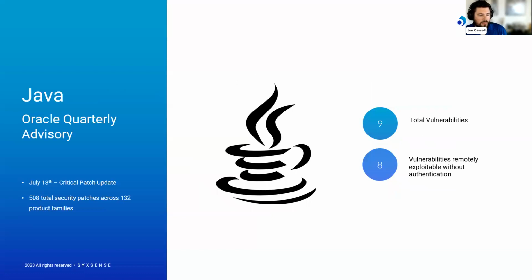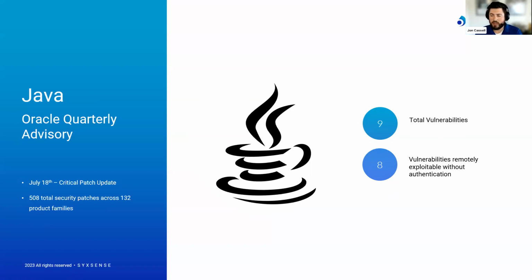Lastly, and we don't talk about this month after month, we are going to see it only a few times throughout the year, Oracle's quarterly July critical patch update advisory dropped on the 18th, and it included 9 fixes specifically for Java, out of a total of 508 security patches for all of Oracle's patched products. The highest CVSS base score of vulnerabilities affecting Java is 5.9, so actually a relatively minor release, but there were a number of fixes. And 8 of them, this is the most concerning, may be